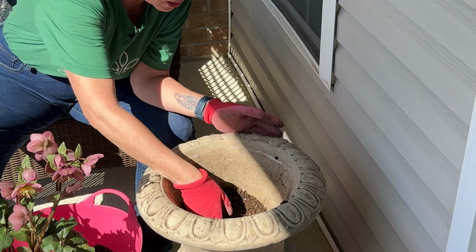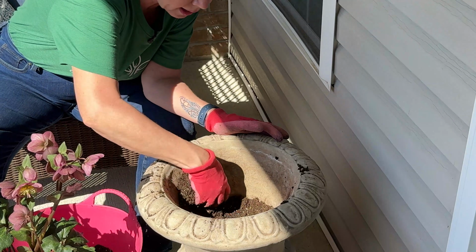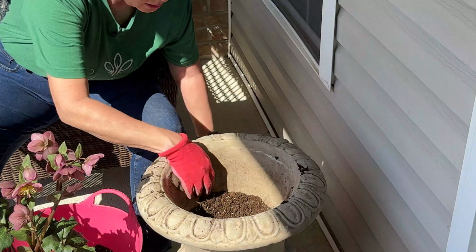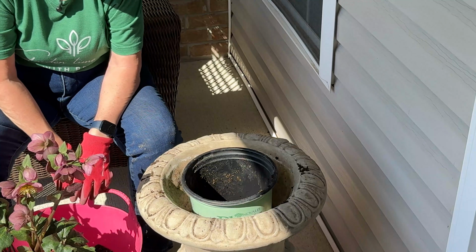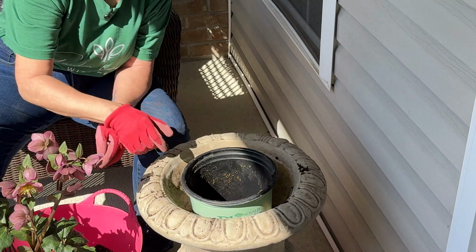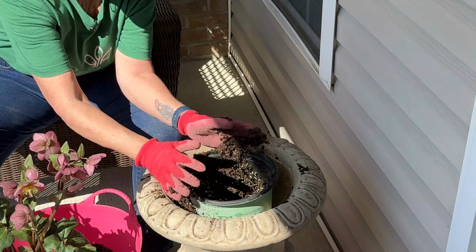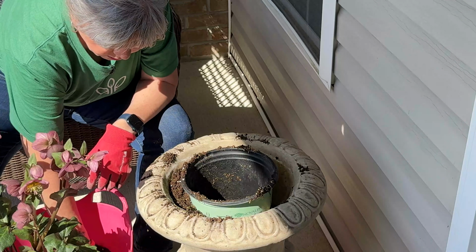They're super heavy duty and thick, but they don't really hold a ton of soil. So yeah, it's been a year since I planted this pot, so I sort of have forgotten. I've got some soil in the bottom. Oh yeah, look at that. Okay, I like that. So what I'm going to do is put soil in and then I'll gently lift this out. So I'll put soil all around the outside, and if I do it right,